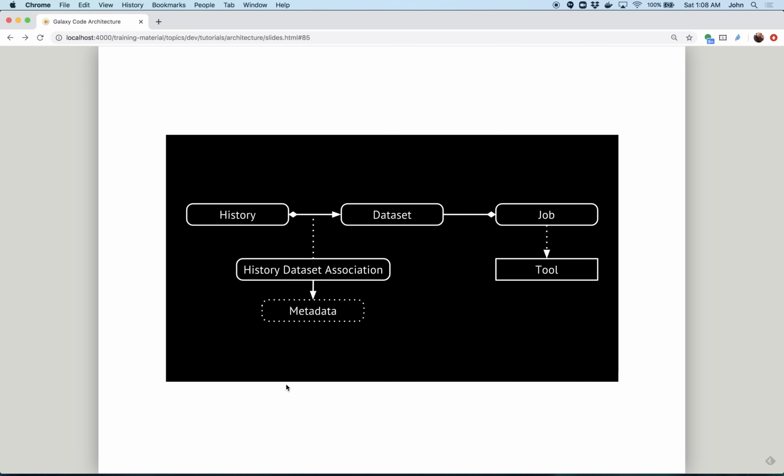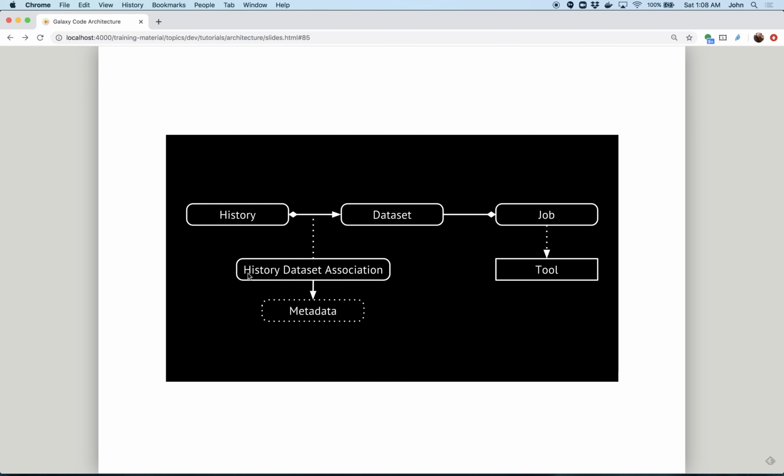So the key concept in Galaxy is histories and datasets. If you've used Galaxy at all, you know that. The history is that list of datasets on the right-hand panel when you are in the Analysis tab of Galaxy. The history actually isn't composed of datasets directly, but of history dataset associations. So the dataset represents the physical file, where it's located on disk, which object store it's in. But the history dataset association has stuff like the DB key it corresponds to, the extension it is, the metadata